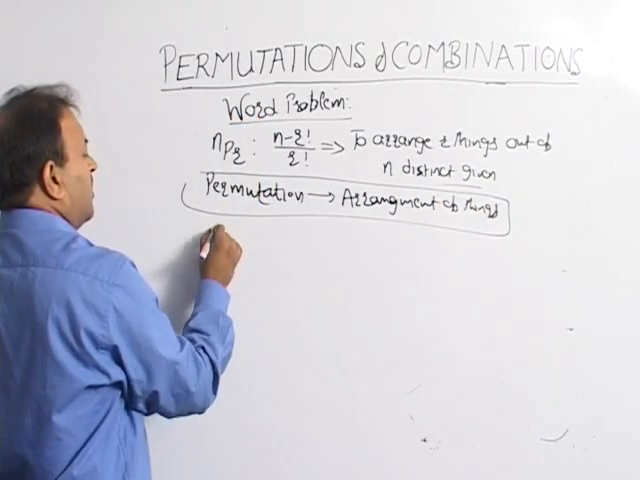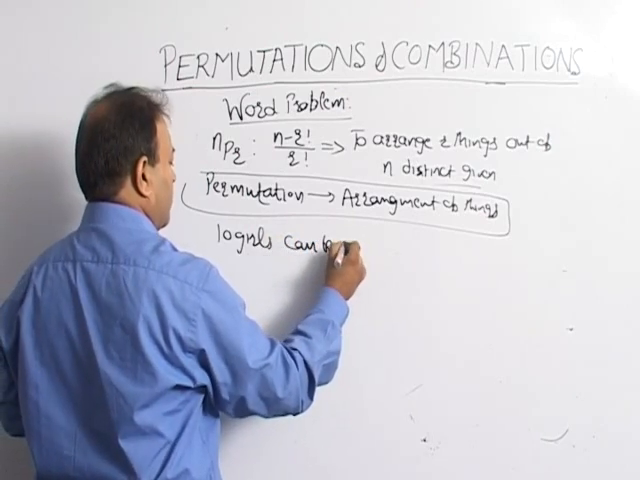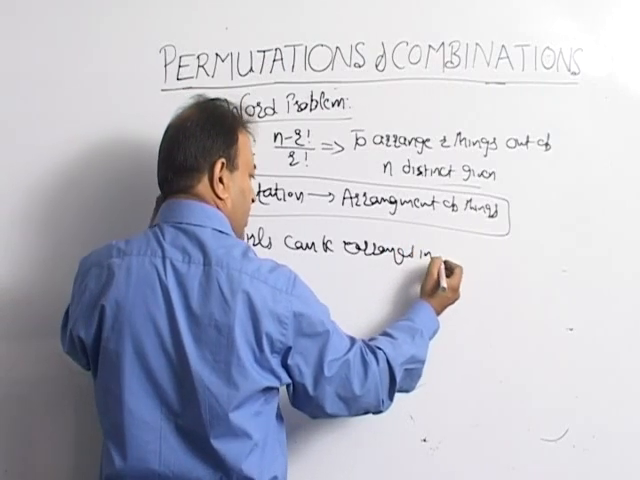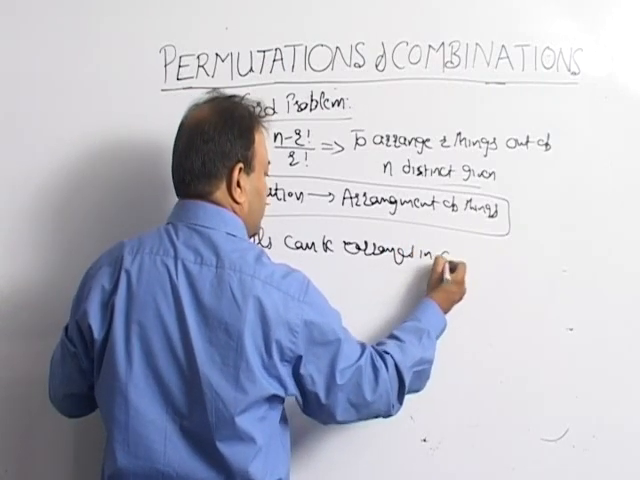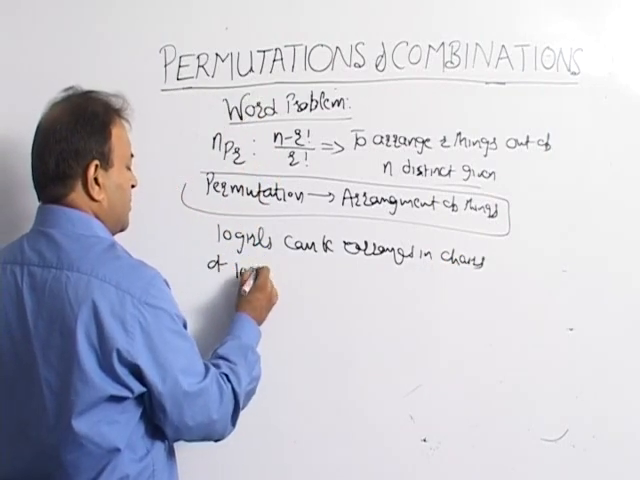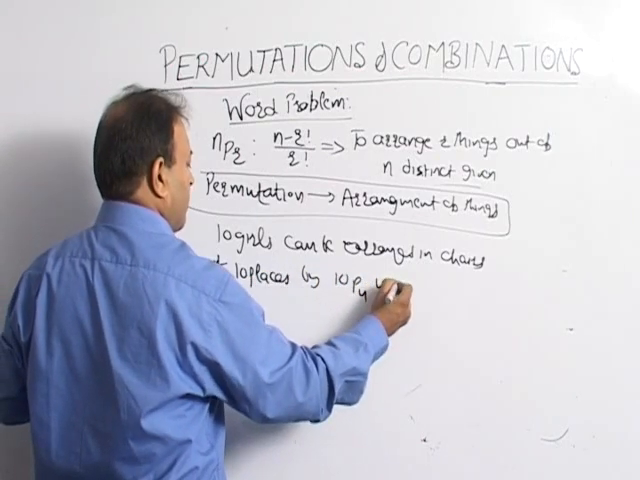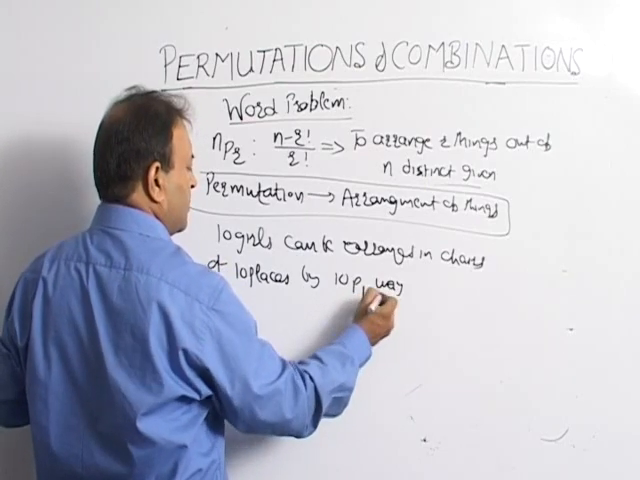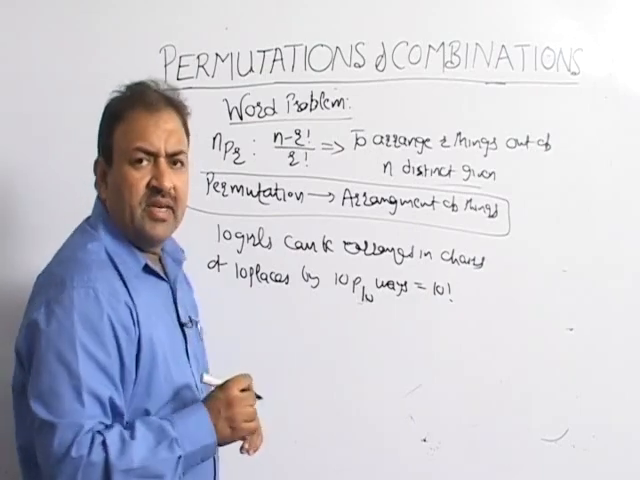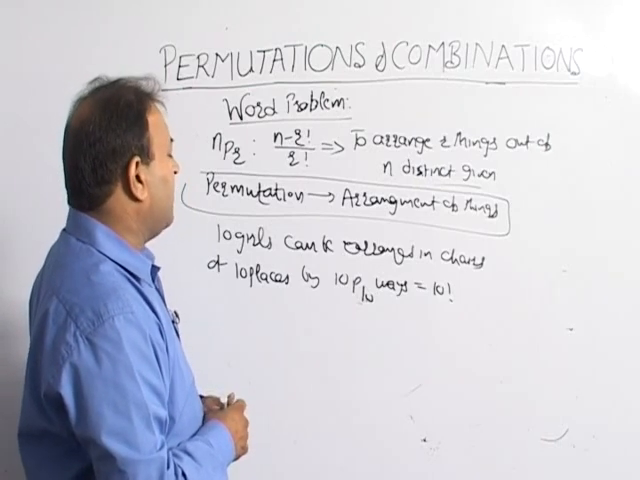जैसे हमारे पास 10 girls can be arranged in chairs at 10 places by 10P10 ways. 10P10 मतलब 10 फैक्टोरियल. यदि हमें 10 गर्ल्स को अरेंज करना हो चेयर्स पे, 10 girls can be arranged in chairs at 10 places by 10P10,